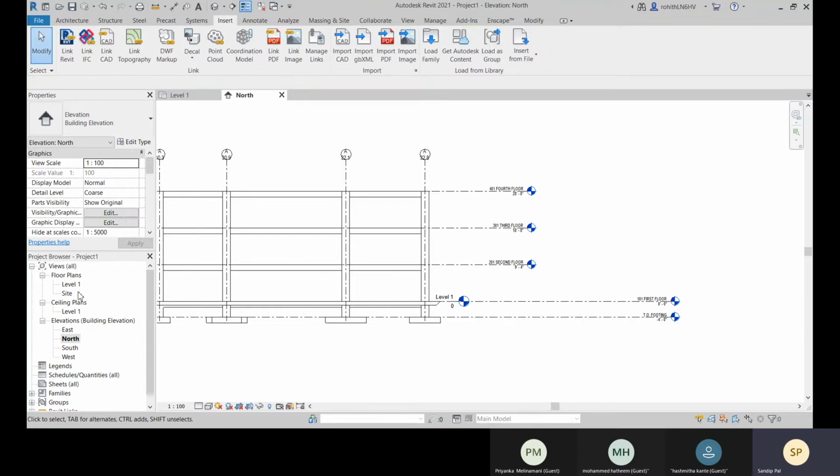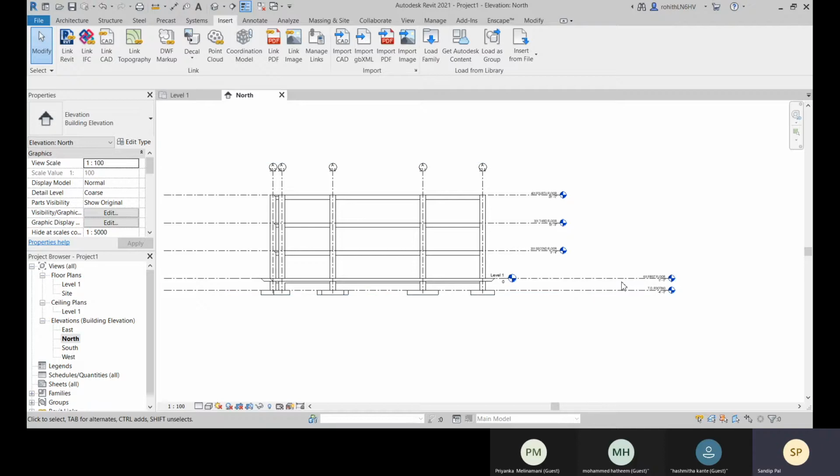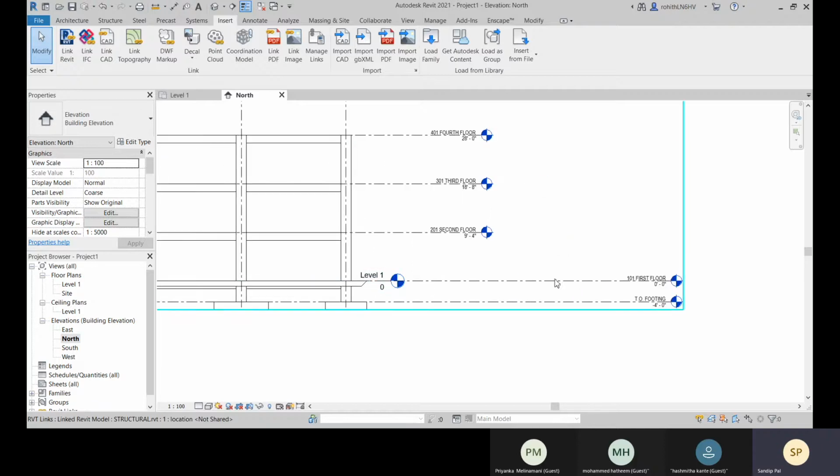So from this floor plan, that level 2 is also deleted. Okay, so now we will copy this one, and this level 1 is matching with this 101 first floor, so I can rename it simply, or I can delete it. So I have two options.